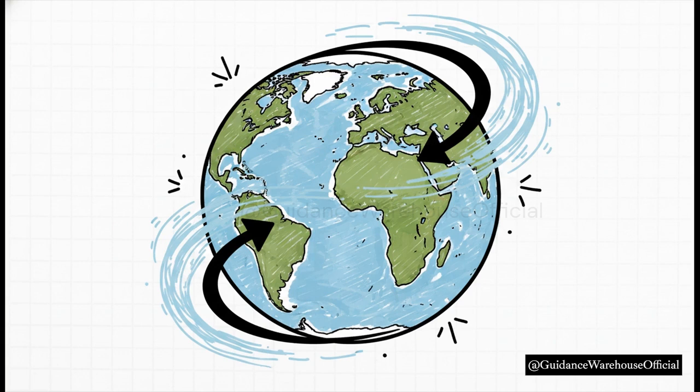Now, its angular velocity is pretty small, right? It takes 24 hours for one full rotation, so we don't notice it in our daily lives. But for massive, large-scale motions that travel huge distances, like global wind patterns, the Coriolis force becomes incredibly important. If you look down from above the North Pole, Earth rotates counterclockwise. This means any large-scale motion in the northern hemisphere gets deflected to the right. In the southern hemisphere, it's deflected to the left.